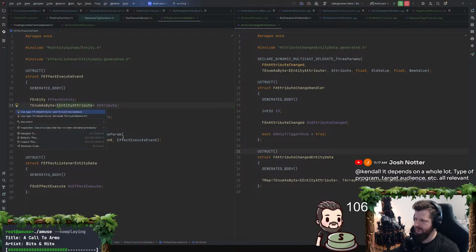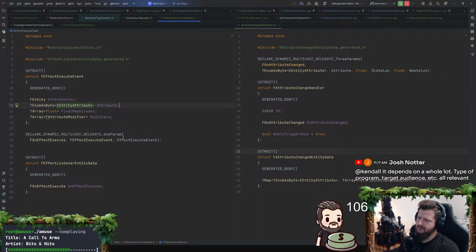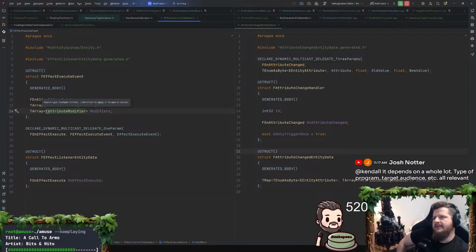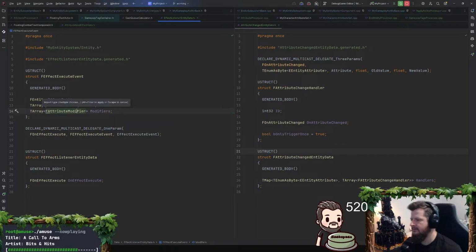Entity attribute. I mean, that should be on the attribute modifiers, so that doesn't make sense to have there. The TArray of modifiers. I guess if I care about the modifiers, I would grab those off the attribute data, although I wouldn't have the per modifier breakdown at that point.